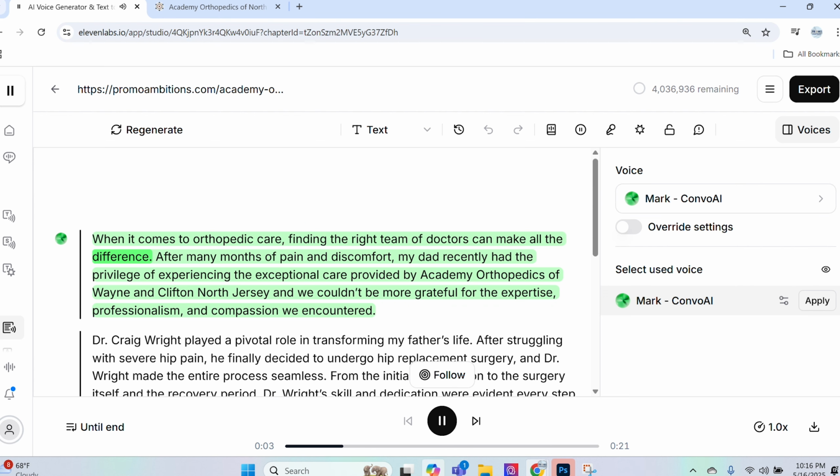Doctors can make all the difference. After many months of pain and